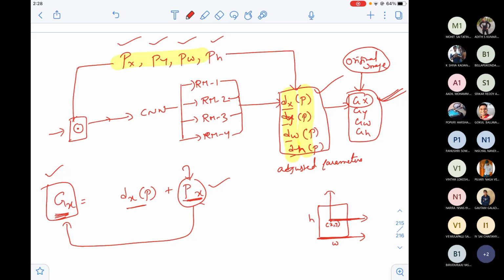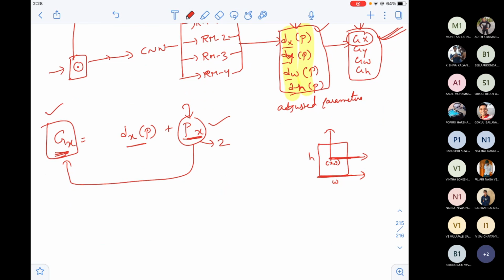If my px is 2, and when you really annotate an image, your x is 5, then dx of p should be 3, so that gx will also be 5, and I expect the x also to be 5. So what change I have to do will be there here. We are again adjusting this with respect to width, because the x-axis and the width represent the same direction. So this is the main theme for the first equation, to get x.